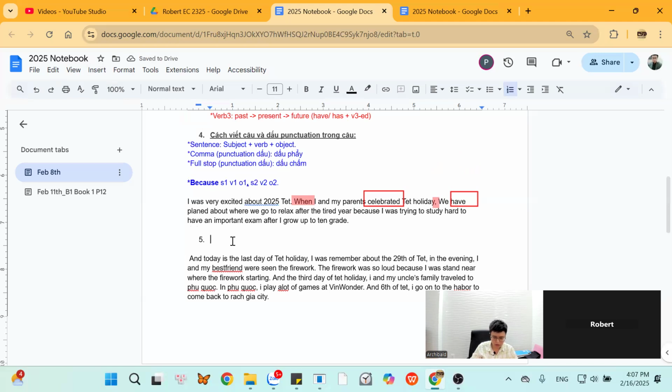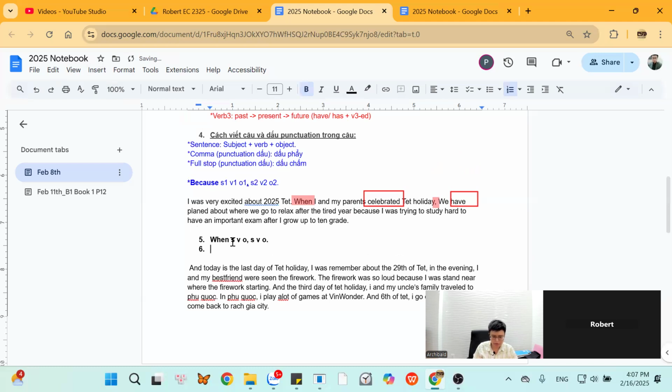All right. So here we use when like this: when, subject, verb, and subject, verb. First of all, we use when to combine two sentences together which are in the past. For example, when